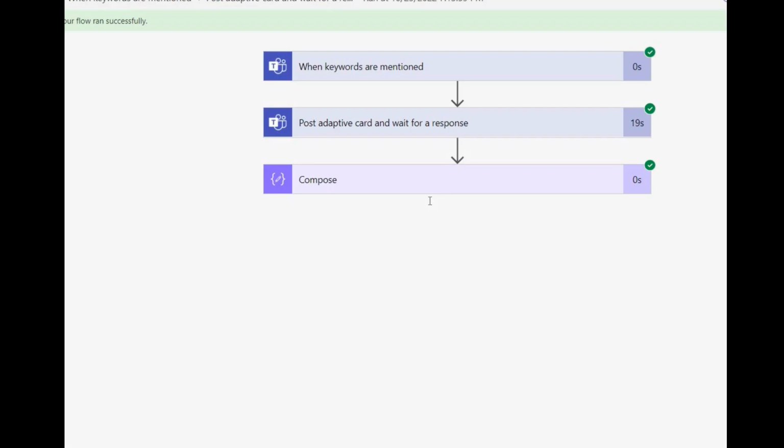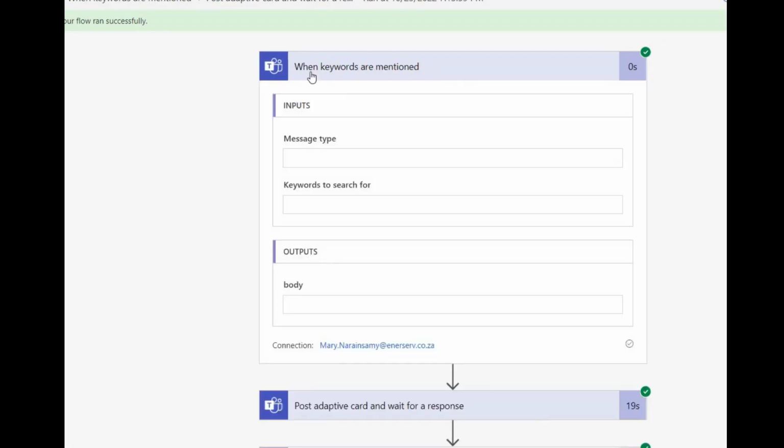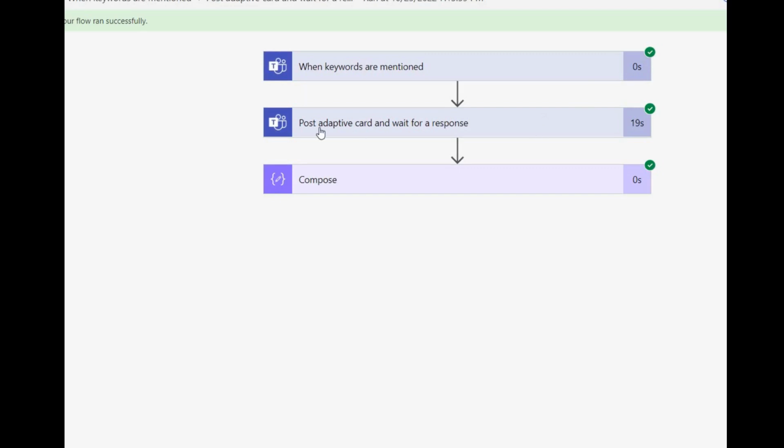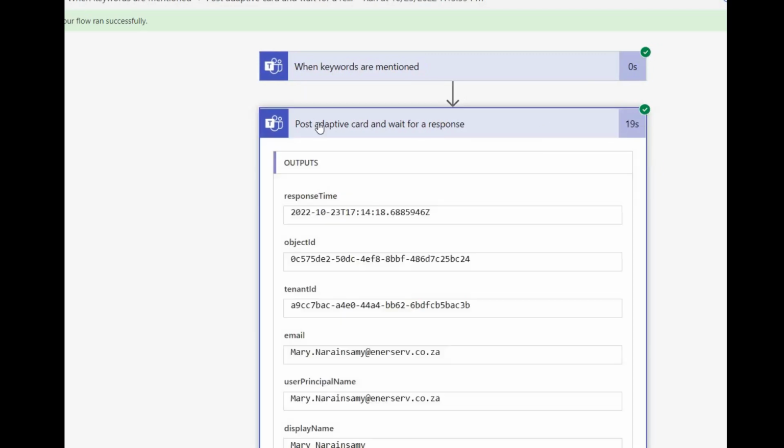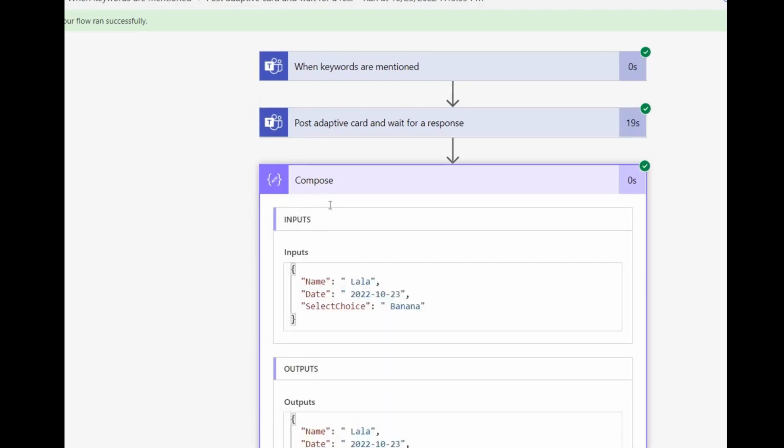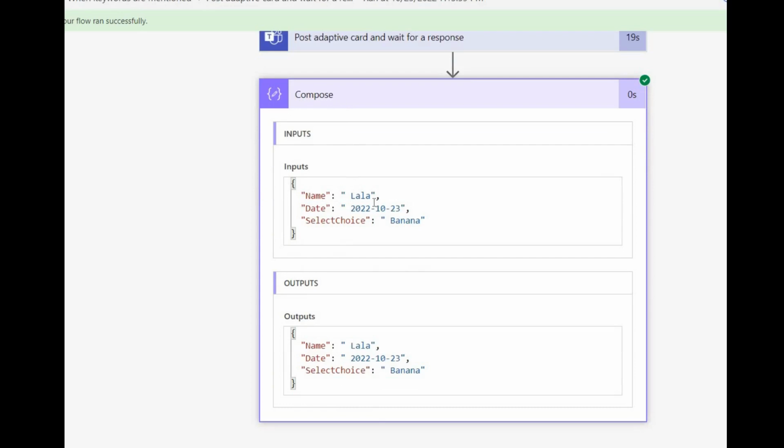So here we are, back in our flow. It says your flow ran successfully. We're just waiting for it to populate. There we go. So it came up. So the keyword trigger was successful and the adaptive card was successful. So what the adaptive card did is it collected the information, and now the adaptive card stored that information in a compose function. And you can see the answer. We put our name, which is Lala, the date, and then my choice was banana. So it pulled my choice in,